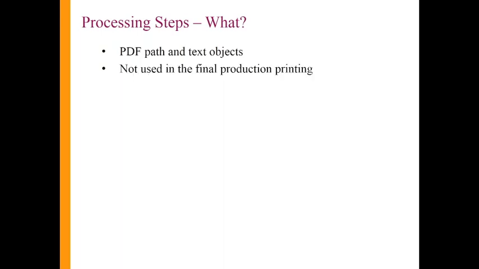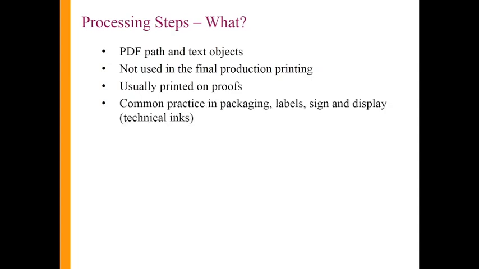They are not used in the final production printing, but they are sometimes printed on proofs, and they represent, in most cases, additional finishing steps that need to happen to the printed sheet to turn it into the final printed product, like a box, a label, a corrugated box,